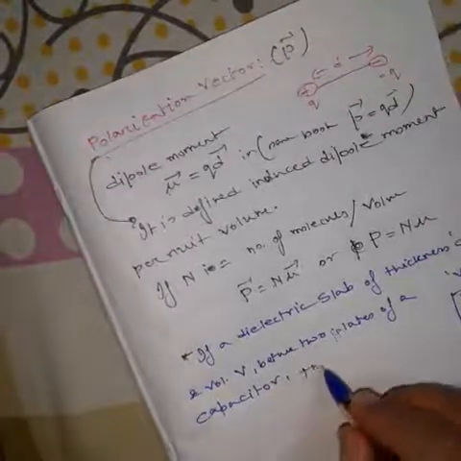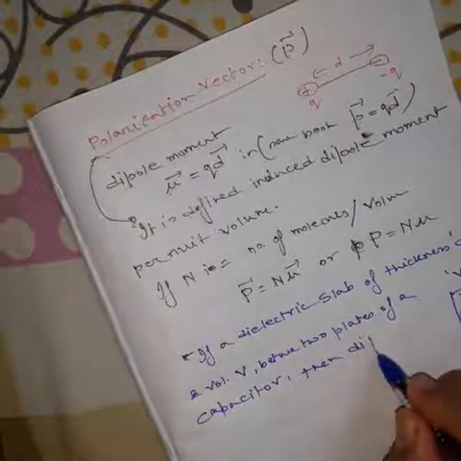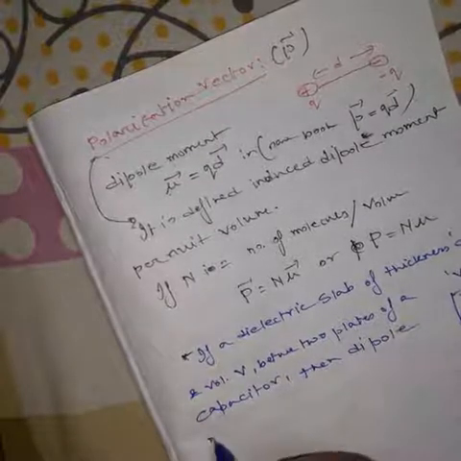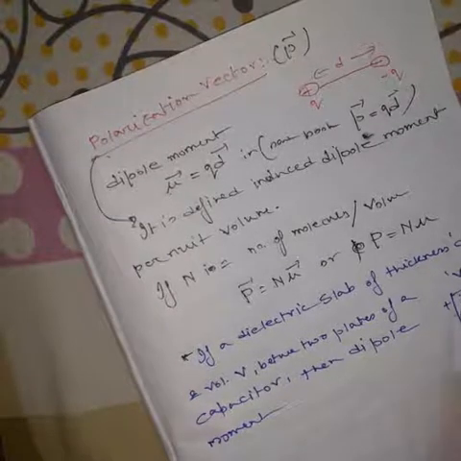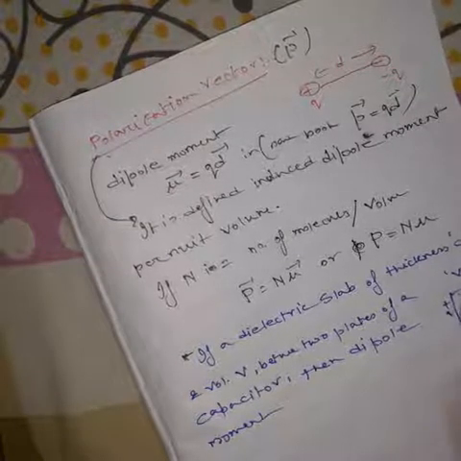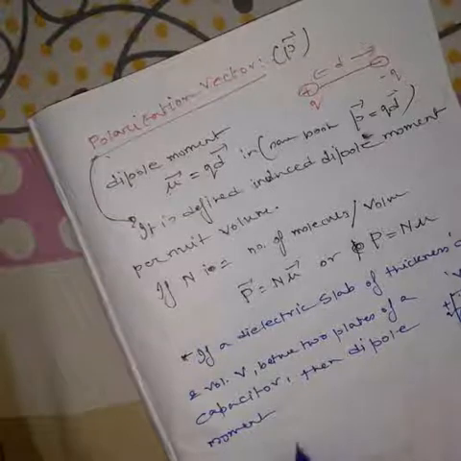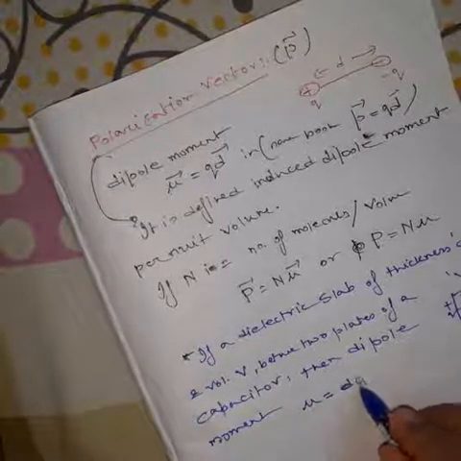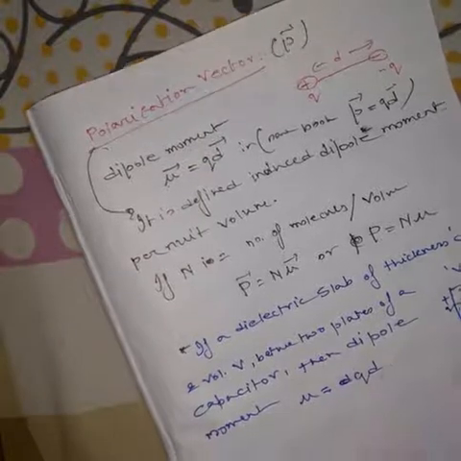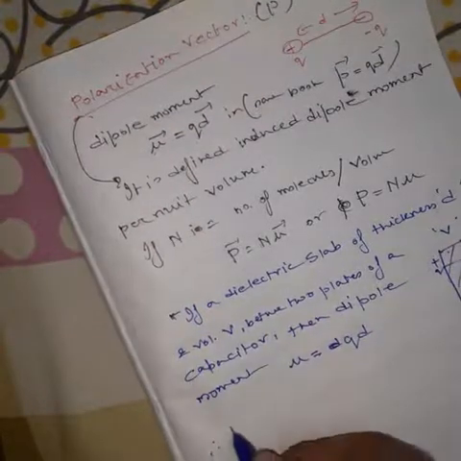Then what is the dipole moment here? I have one charge here, one charge here. So if I have Q here, minus Q here, and the distance between them is D, my dipole moment will be Q into D. And the polarization vector